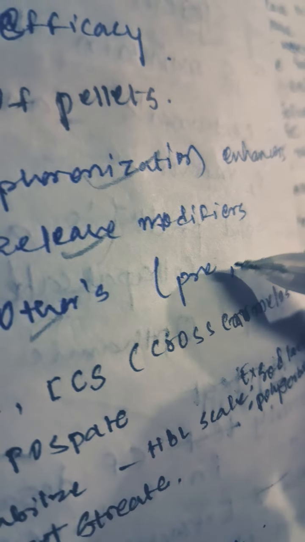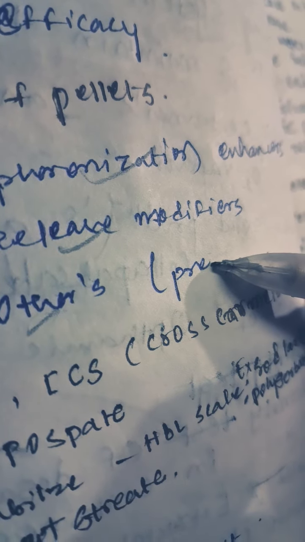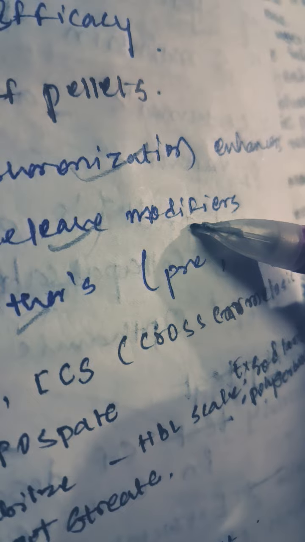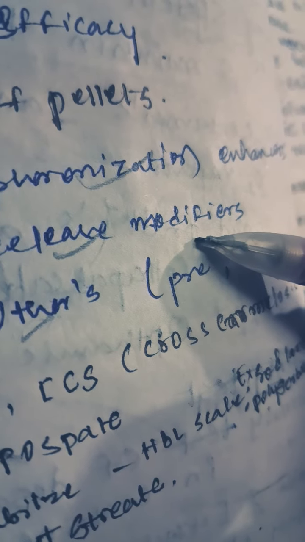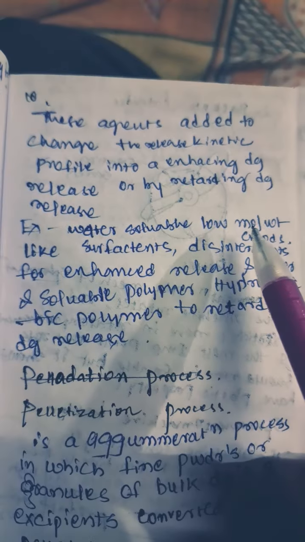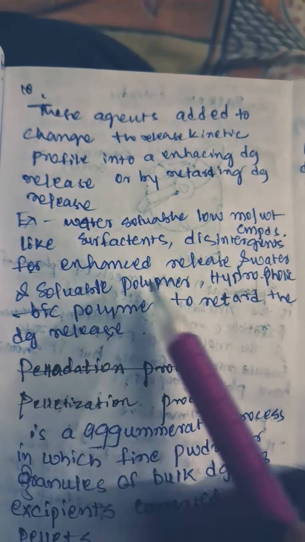These pelletization enhancers are agents that impart plasticity to the formulation and binding property essential for the strength of the pellets. Examples are MCC and sodium CMC. Next, release modifiers are agents added to change the release kinetic profile. Examples: water soluble, low molecular weight surfactants, disintegrants, and enhancers for the release of